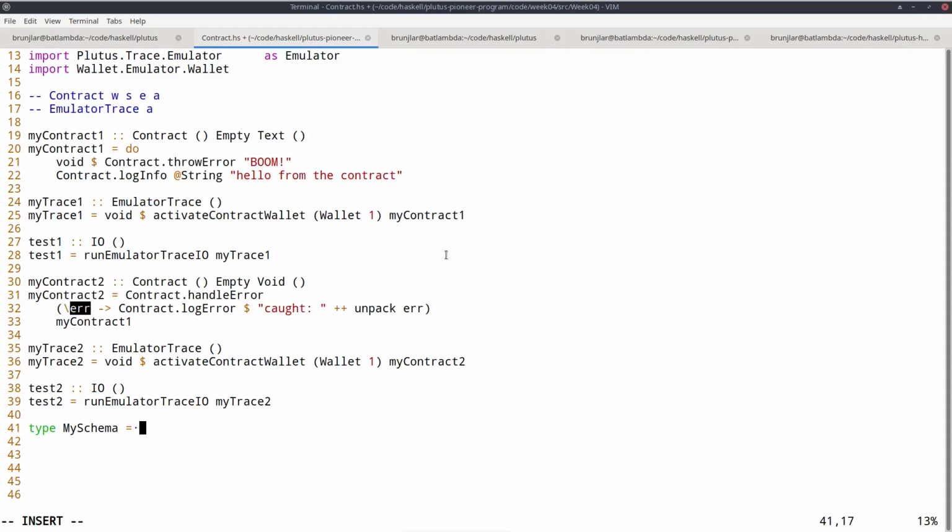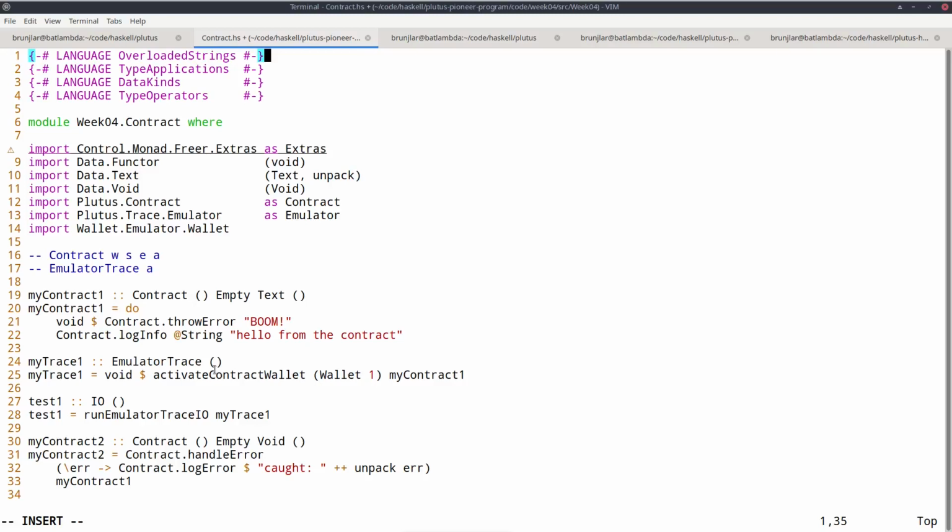And if I want one endpoint that takes an Int and is called foo, the type is Endpoint, then a type level string, and the parameter type, so Int in this case. So this is a type, and in particular, this string here is a type. So that's why I say type level string. So it's a string used at the type level. So that's some fancy Haskell extension that's enabled by DataKinds.